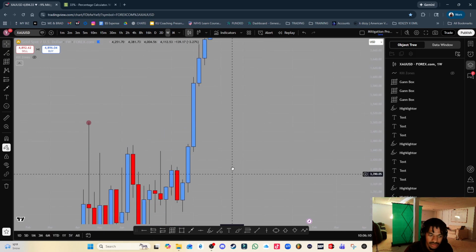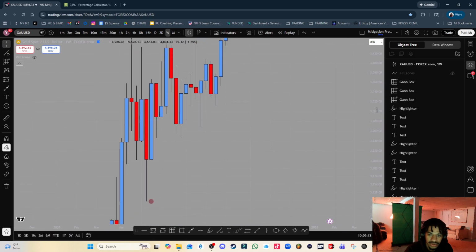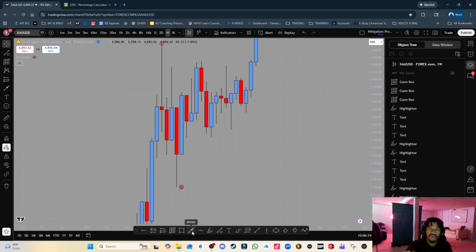So let's find another one, right? Oh, I see one right here. And I'm trained, like I can see it very quick because I've been doing it for a while, and that's where you want to get to. I'm not gonna lie, market structure and institutional candles. Market structure is gonna help you understand where the market is going, either up or down. There's a third way the market goes, which is sideways, which is consolidation. And if you see structure is not really following the higher high, higher low, higher high, higher low, if you see that it's not following that, like for example right here,